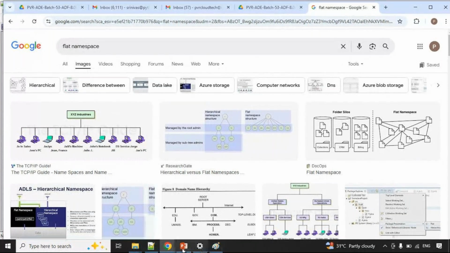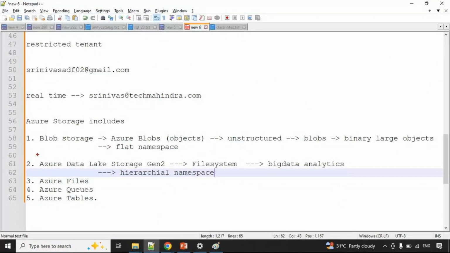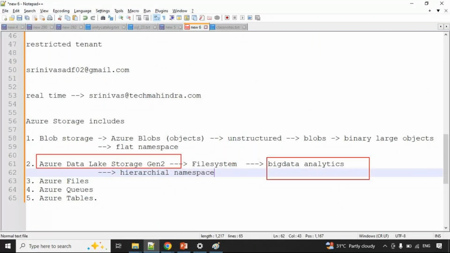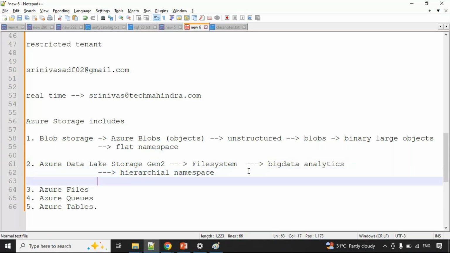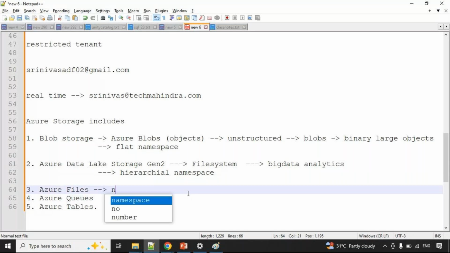Okay, and here, guys, everything we are going to do in the Gen 2 Lake is mainly for big data analytics. To handle a huge amount of data, we can go for Gen 2. How to create a Gen 2, I will tell you guys. Next, Azure Files. This is the network file system. Consider your organization, where you are going to share some documents. Working people know SharePoint. It's a common cloud storage repository, file system related. The same thing we can see in Azure Files.